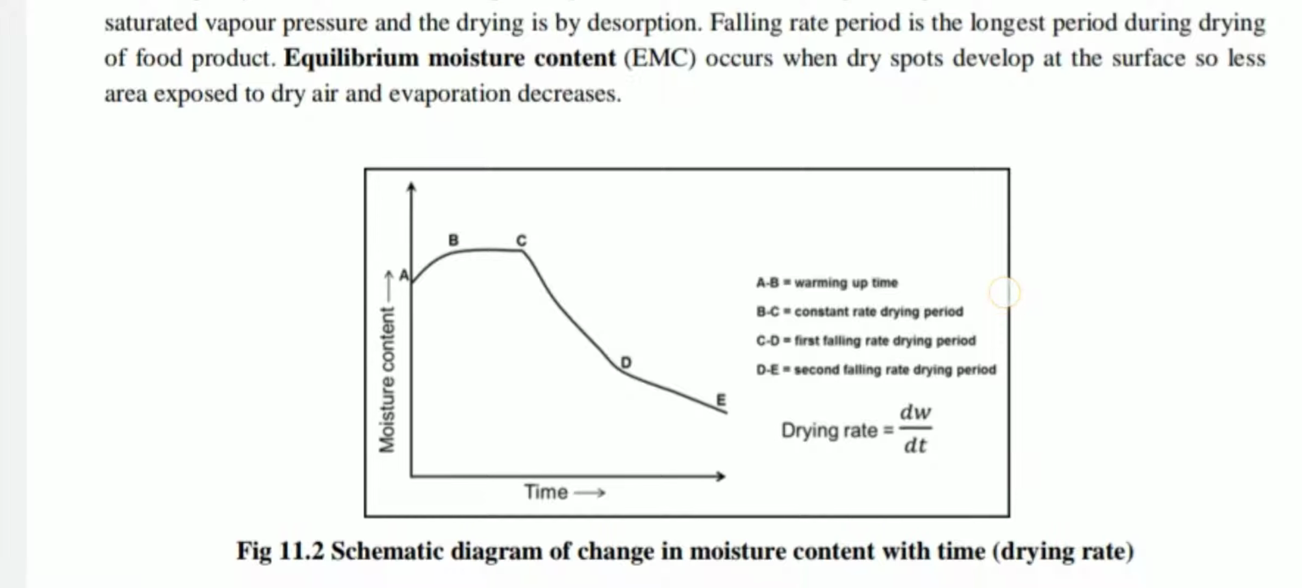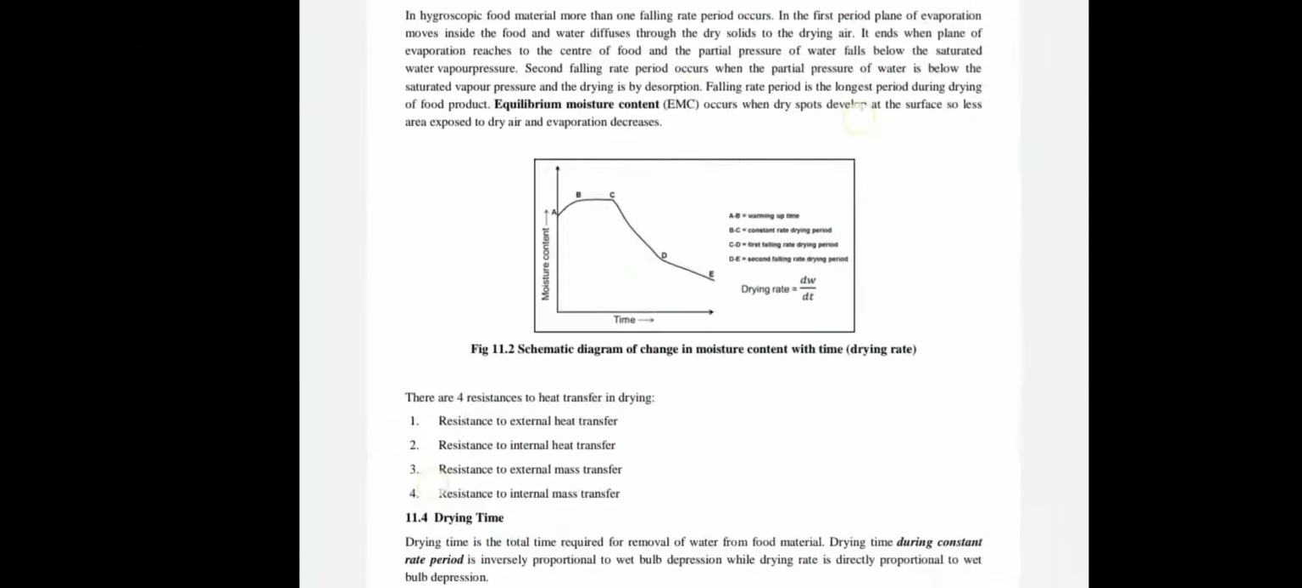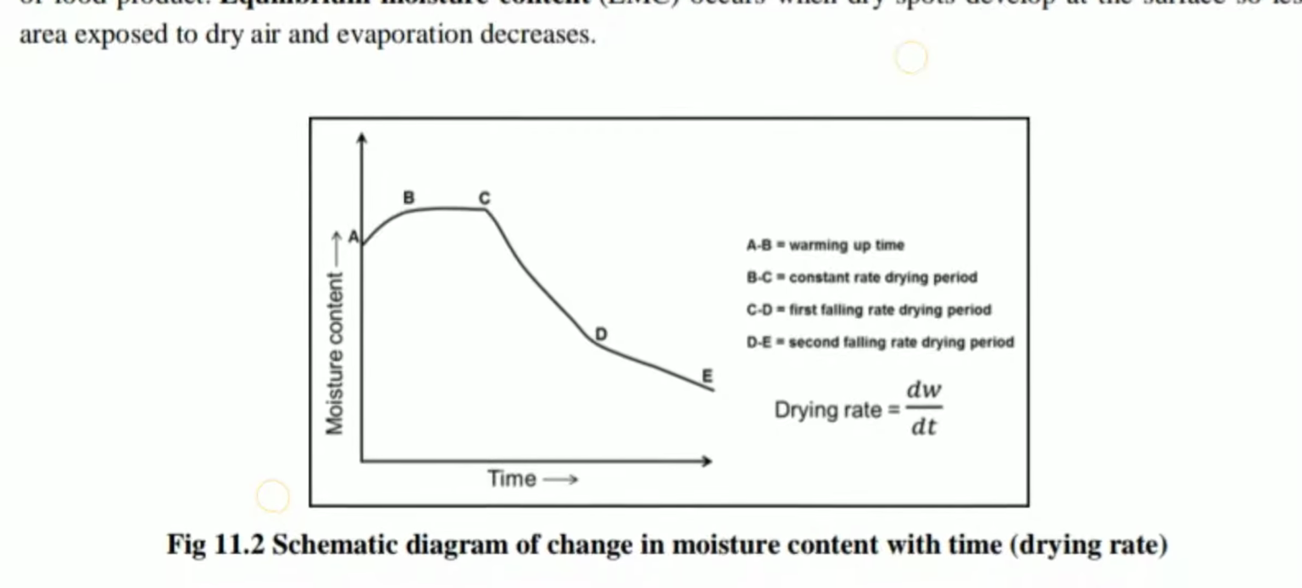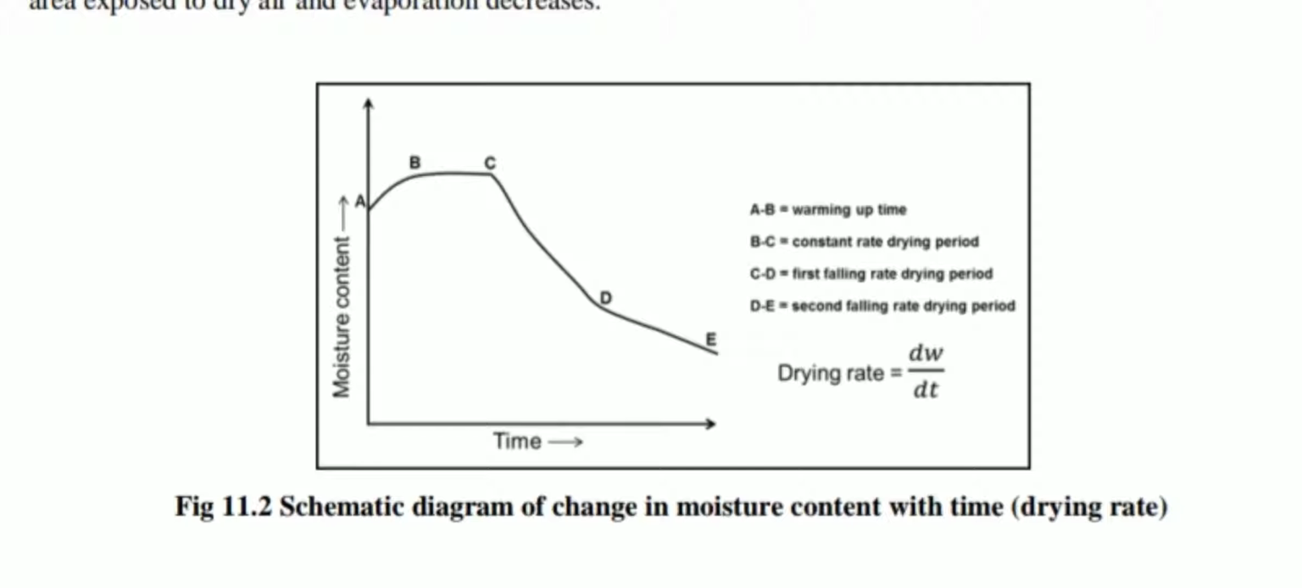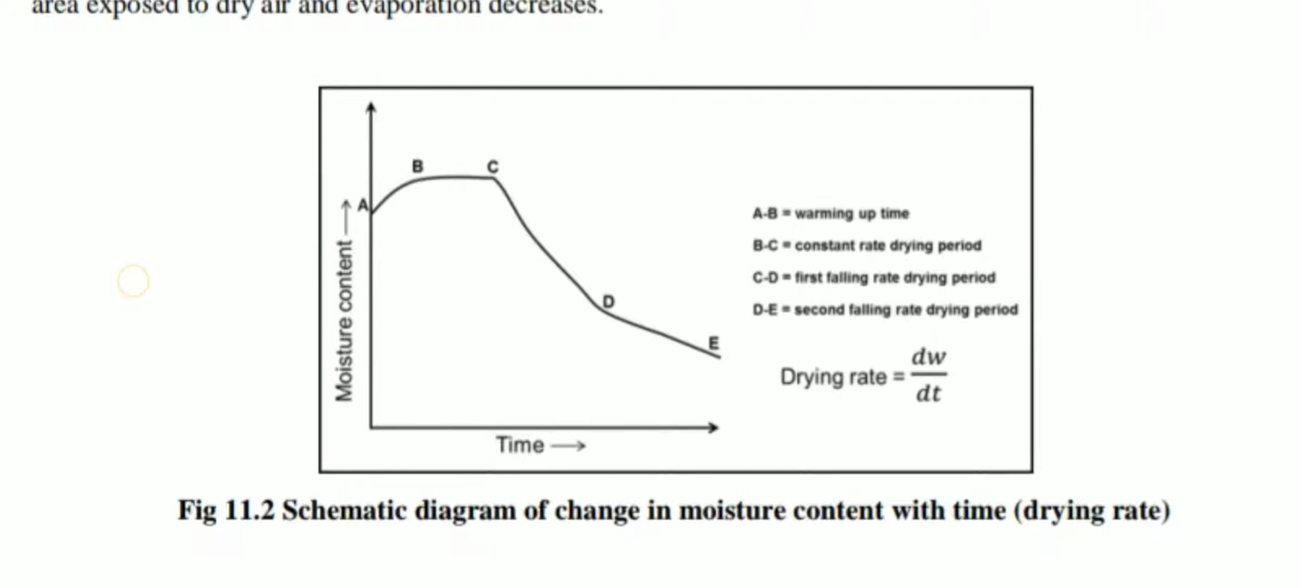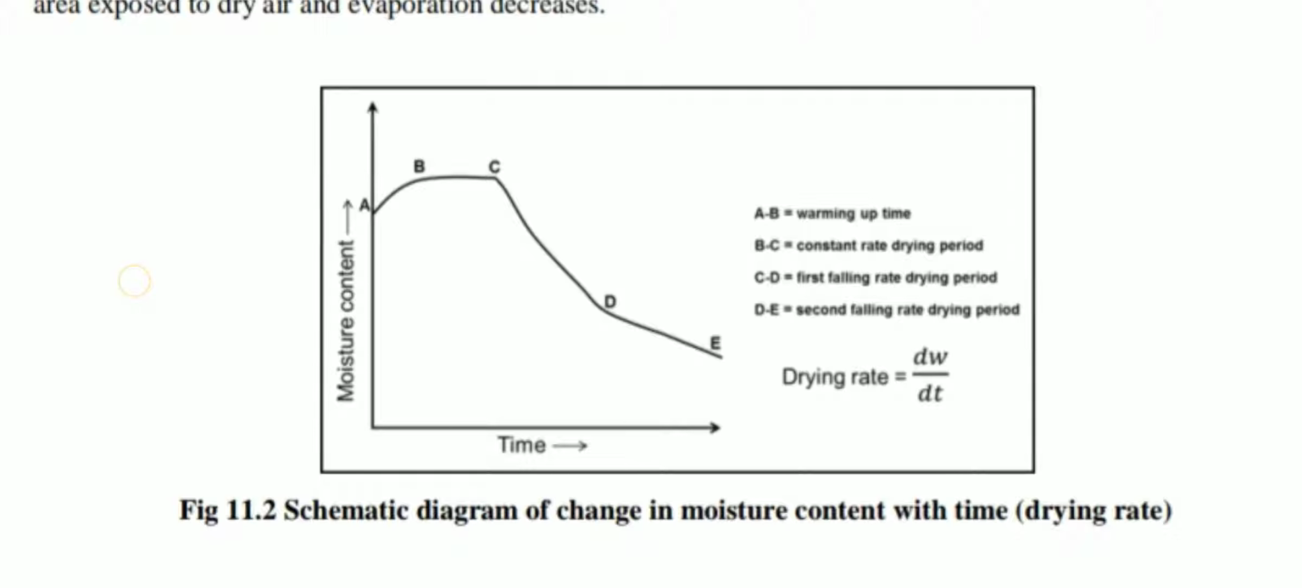Now we can understand the three periods, three phases, through this schematic diagram. This is the schematic diagram of change in moisture content with time. It is also known as the drying rate. We can see that the y-axis has moisture content and the x-axis has time, whatever time it takes to dry or lower the moisture content. Now we can see that A to B